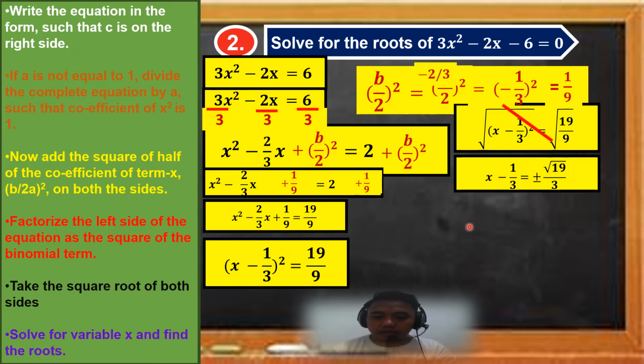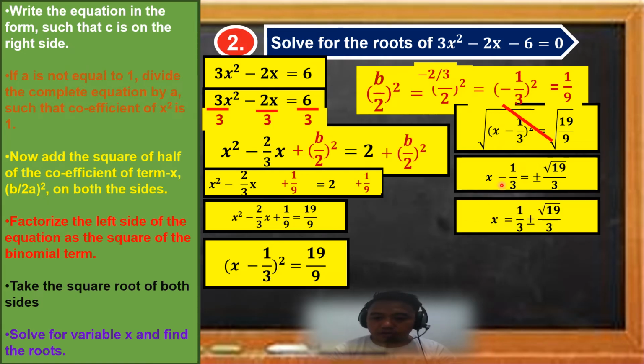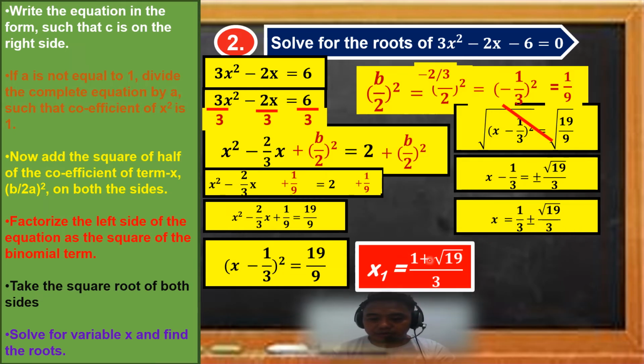Okay? And then, solve for the roots, no? Kailangan solo lang si x. Lilipat mo lang si x sa kabila. Minus siya, magiging positive. So, from left side to right side, change the sign. So, anong mangyayari dito? Ang gulo-gulo naman niyan. Copy niyo lang yan, same denominator. Okay? So, ibig sabihin, same denominator, pag iwalay niyo lang yung dalawa,